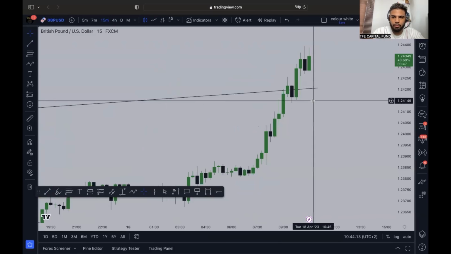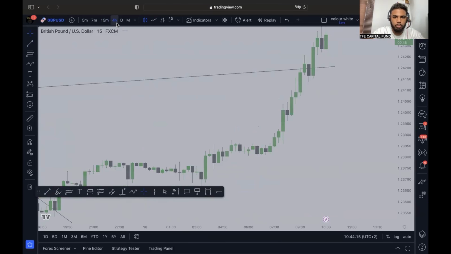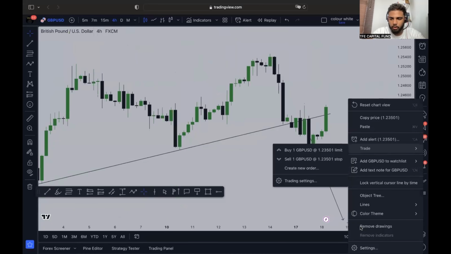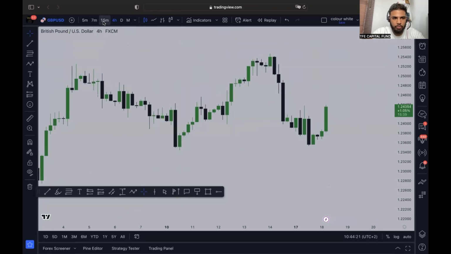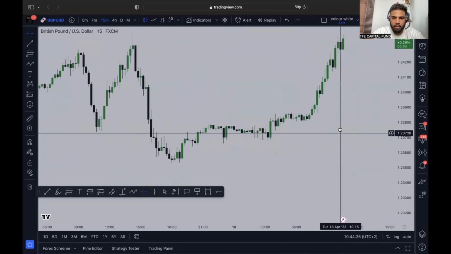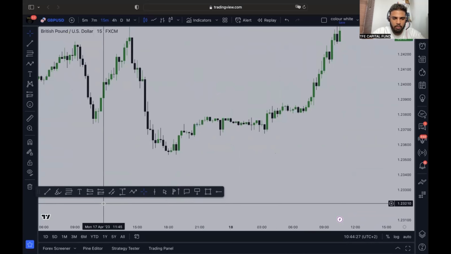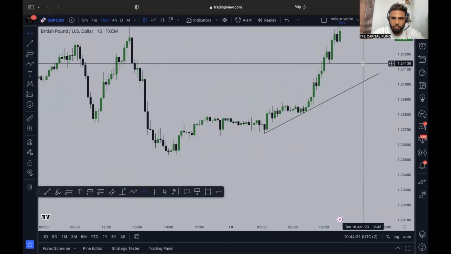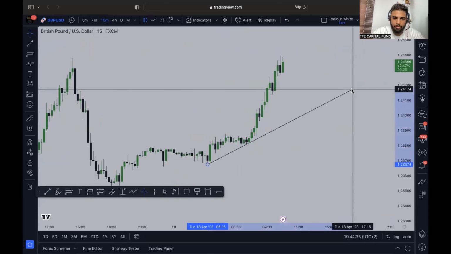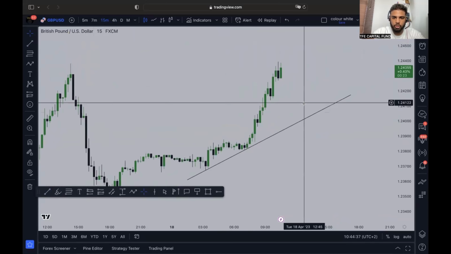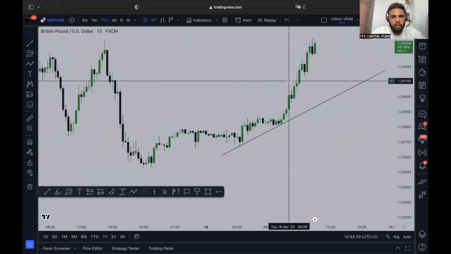All right, GBPUSD. Let's see. Ooh. Bullish. Let's go through the 15th. Bullish. See the clear trend, right? 18th. Yo, that's been going up. Bullish. Very bullish, in fact. 18th. Yeah, bullish. There we go. Clear bullish trend.